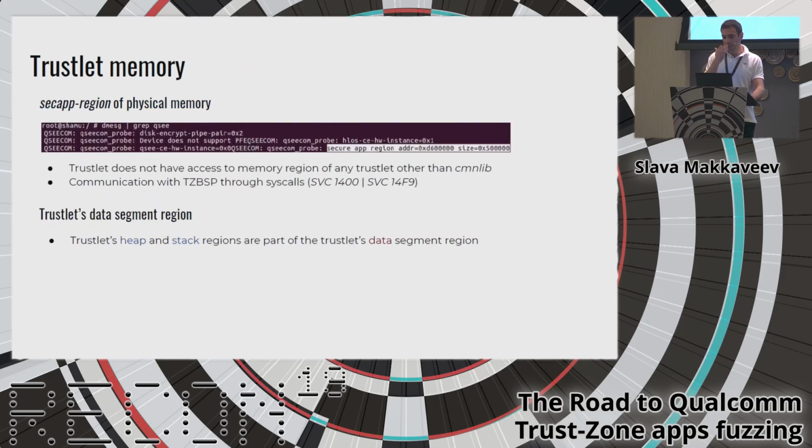Let's take a look at trustlet memory. The system reserves a special SecApp region of physical memory, which is used for locating all trusted apps.